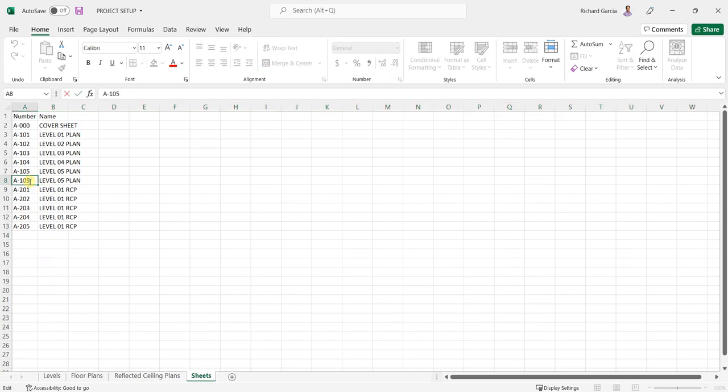So this is 106, and this will be my roof plan. Okay, so this is 02, 4, 5,